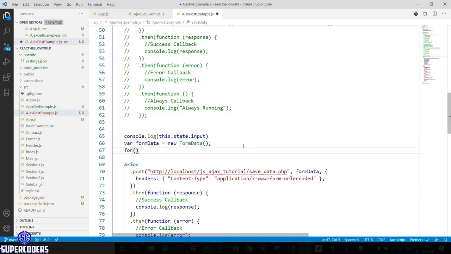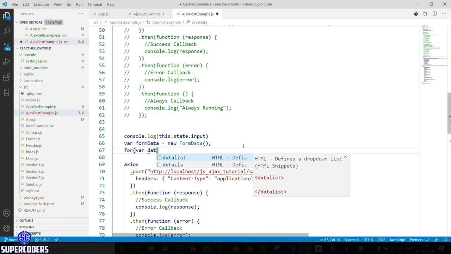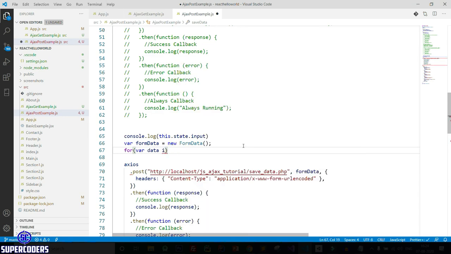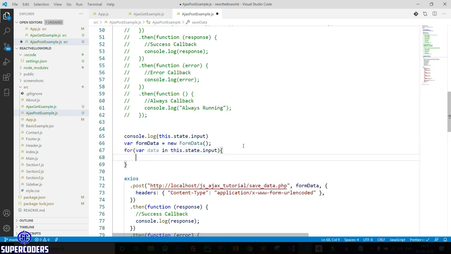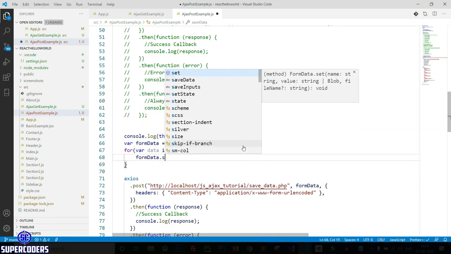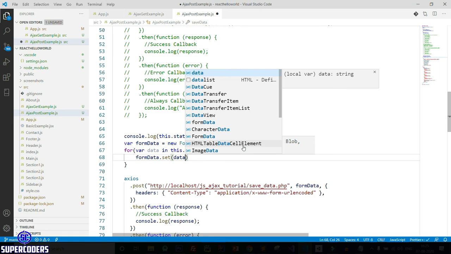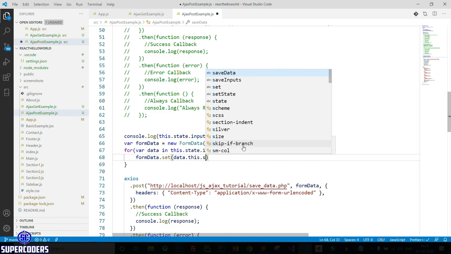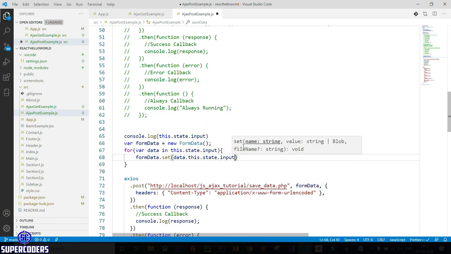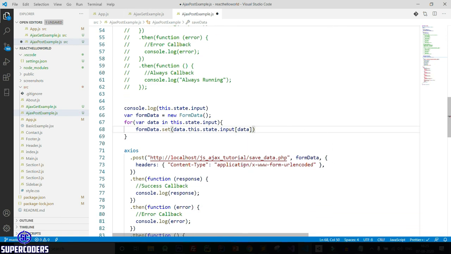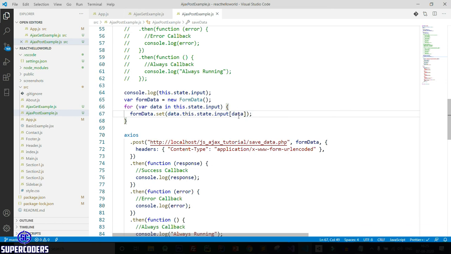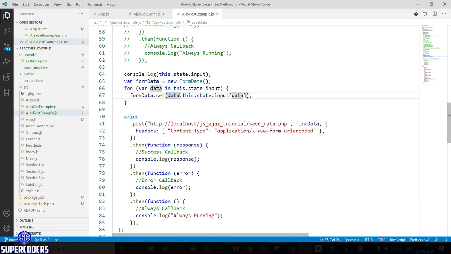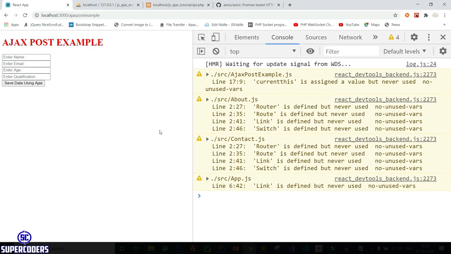For var data in this.state.input, then formData.set, data is key, then pass value. So this.state.input and pass the value which is data. Now let's see what happens if I run it again. So come to Chrome for sending data. Let's see if this is working or not.